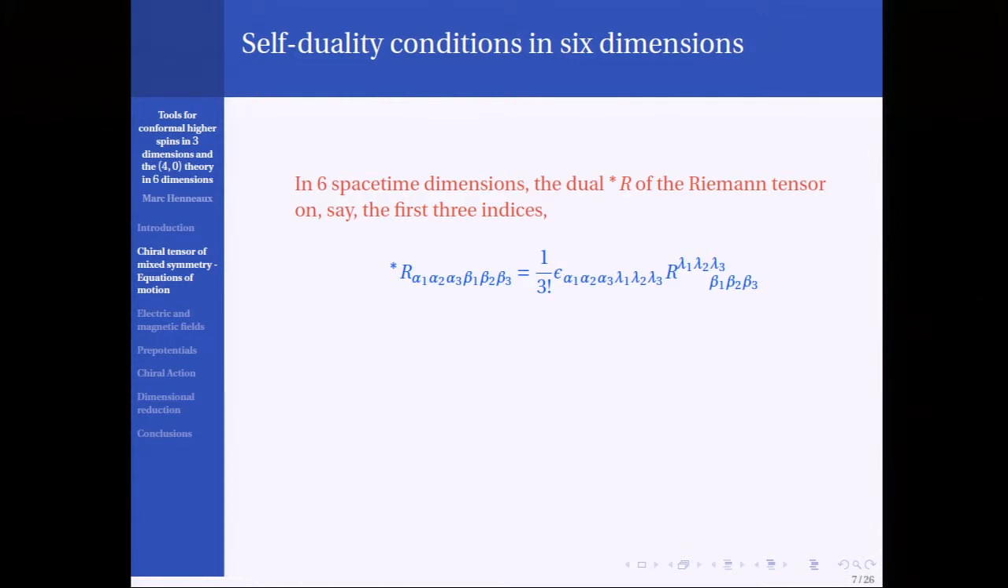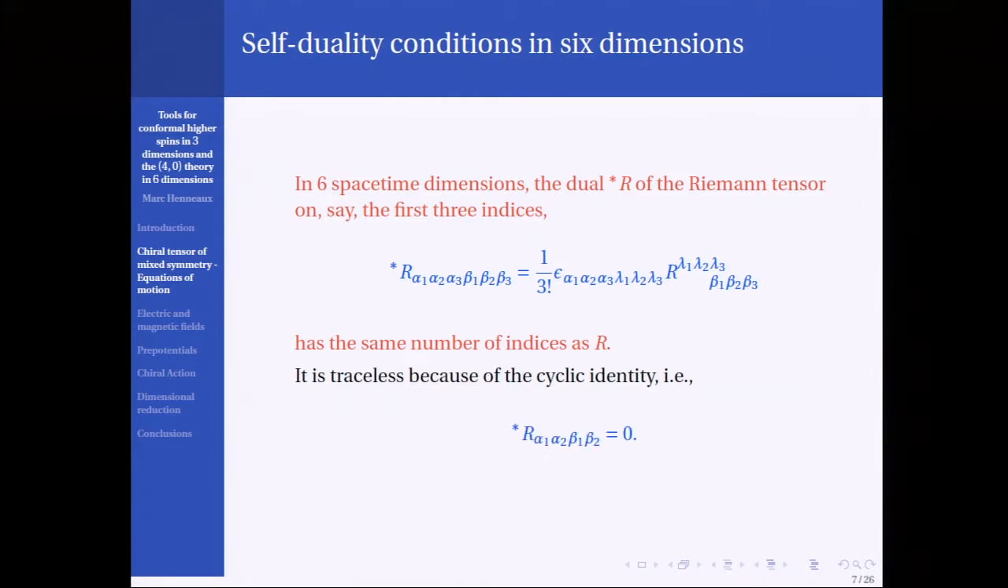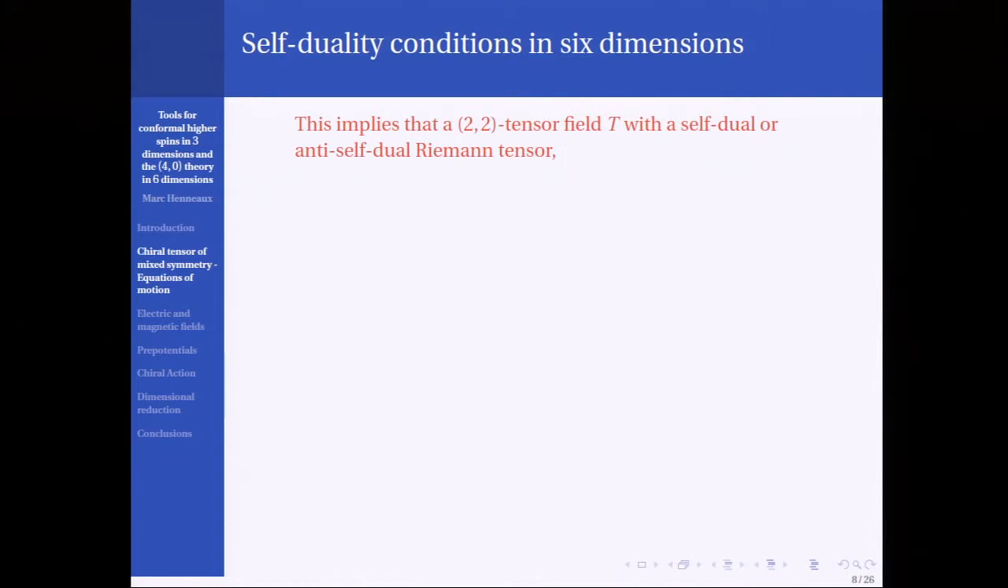I have an object of the same type. And what is interesting is that this object will be automatically traceless because of the cyclic identity fulfilled by R. So we know that cyclic and traces are exchanged when you dualize. So that will be automatically traceless, which means that if you